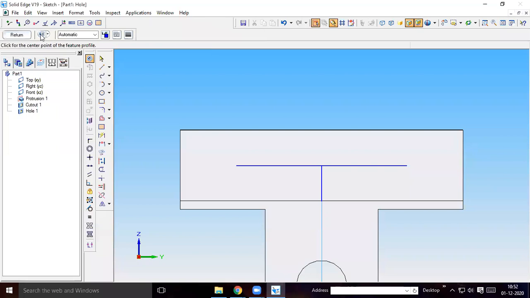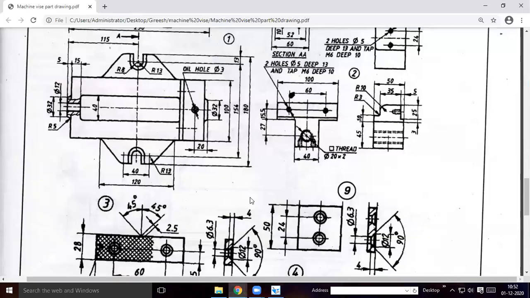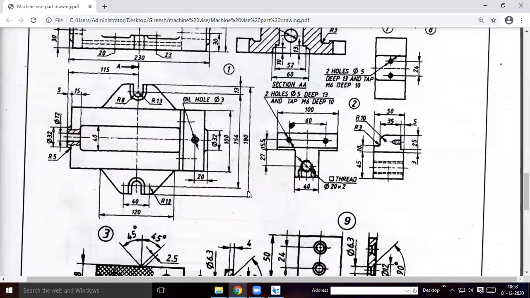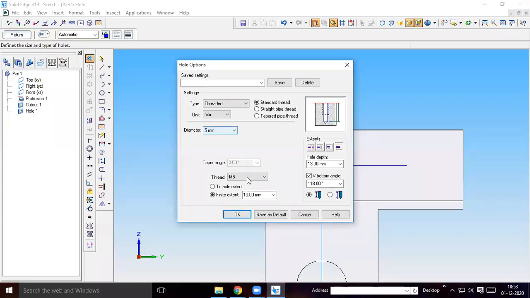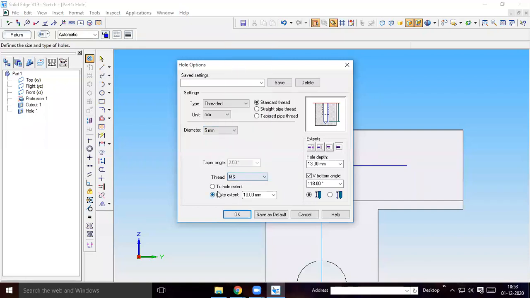So then you have to define the hole. Go to hole, select this hole option here. Here I want a threaded hole of diameter 5. Even if you select M6, it will automatically take M5, I think.